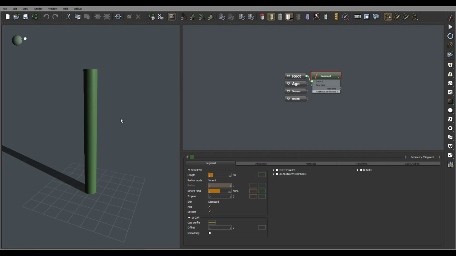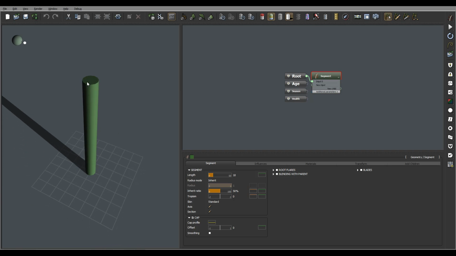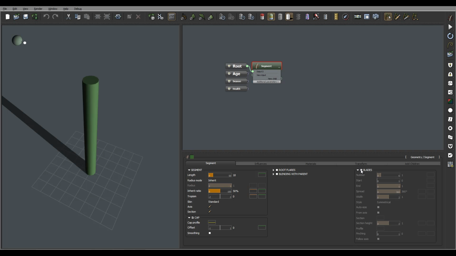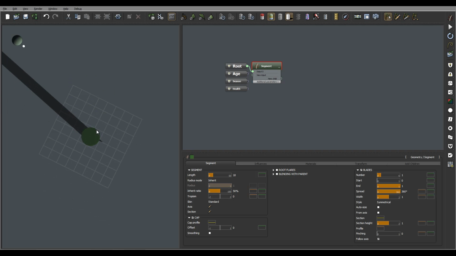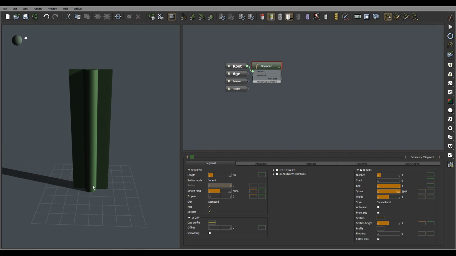We'll start with just blades right now, and you can see right here we have our segment. If you go inside the segment properties, you'll notice you have the options for blades. Let's expand and check. Right here you notice we have extended blades from both sides. You can control the version of the blades and the number. Currently it's just one blade, and because it's set to symmetrical, it will go from both sides. You can always check single